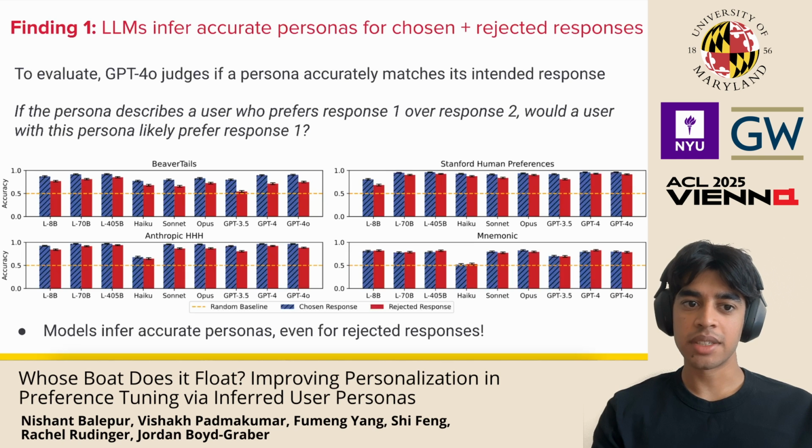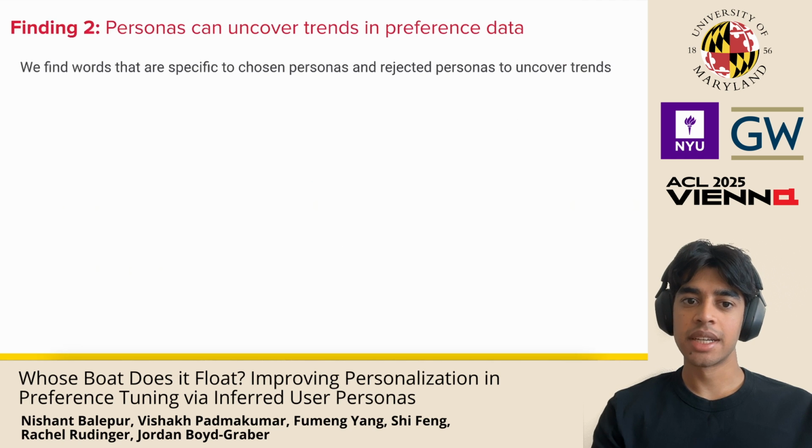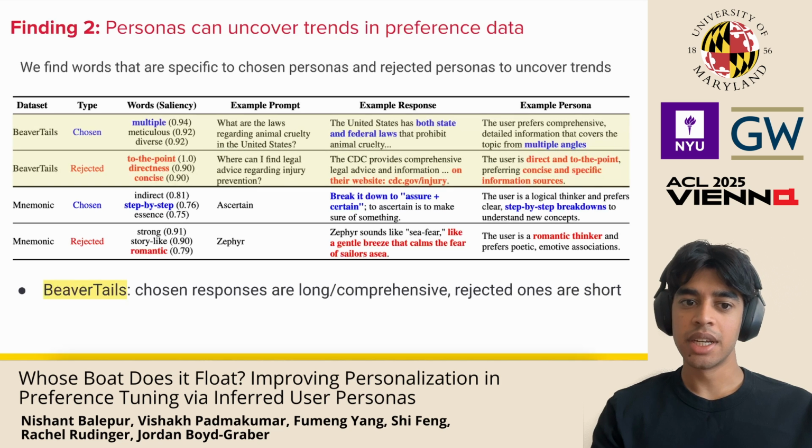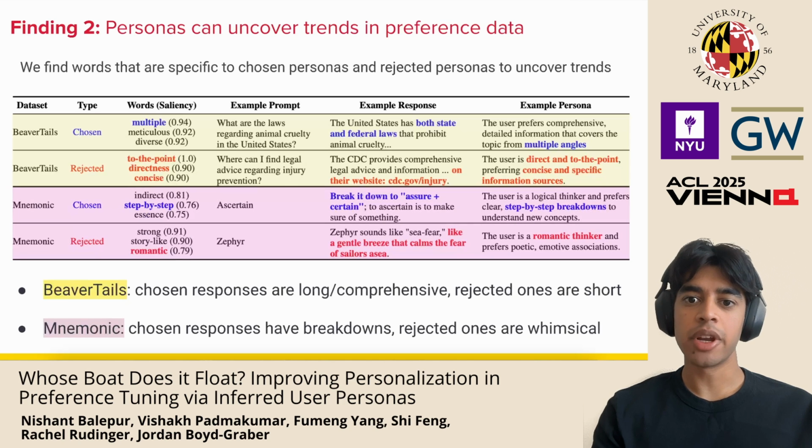This means there are valid reasons for users to prefer less popular or unconventional responses in preference datasets. LLM personas uncover trends in preference datasets. We analyze the text of personas in chosen and rejected responses. On BeaverTails, a question answering preference dataset, annotators prefer meticulous responses and reject direct ones. On our education dataset, users prefer study aids with step-by-step instructions, but not whimsical elements. Thus, our LLM personas also form a useful content analysis tool and might suggest when different preference datasets might not combine well together when merged.